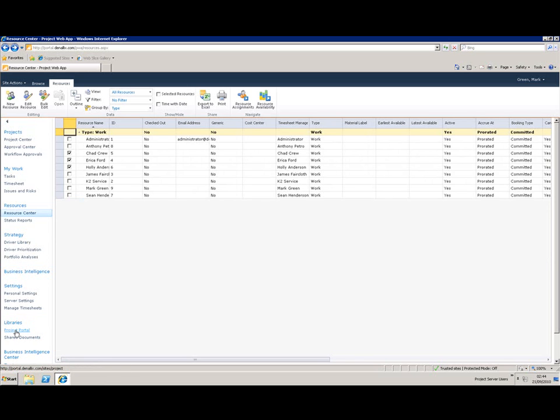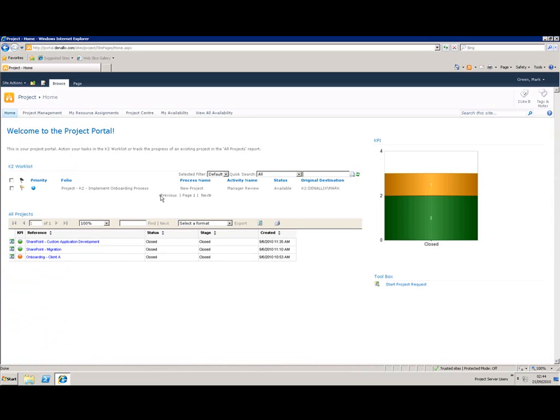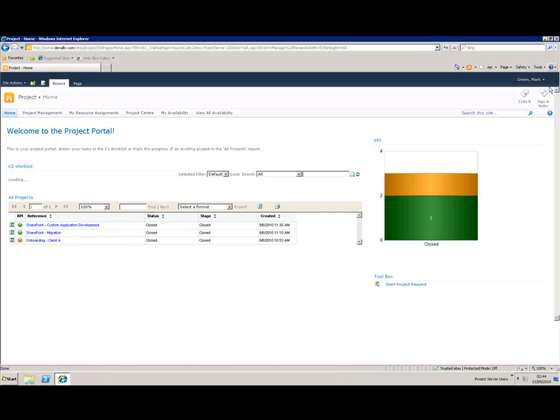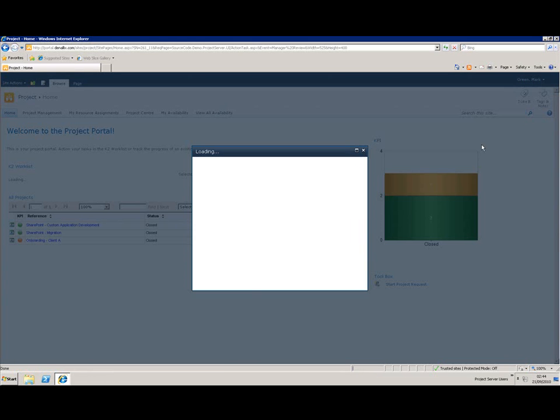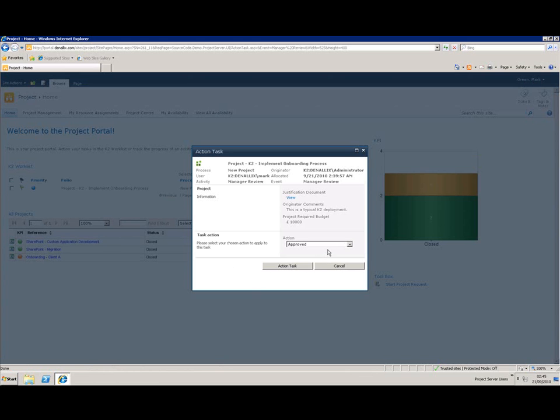So if I go back to our project portal, I'm quite happy with the resourcing. I can see there's no clashes. I can also see my task on my K2 work list. So with all K2 tasks, all you need to do is double click on the item in the work list. I'm now logged in as Mark and I can approve this item. So same form as before, because it is the exact same form. Remember, we're just waiting for dual level sign off. I now approve this task,